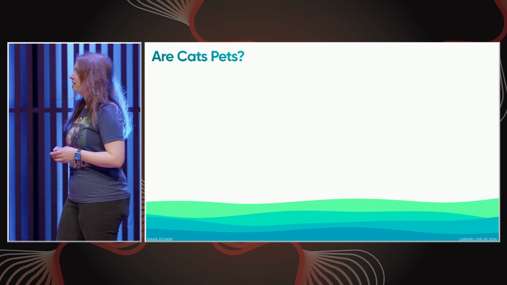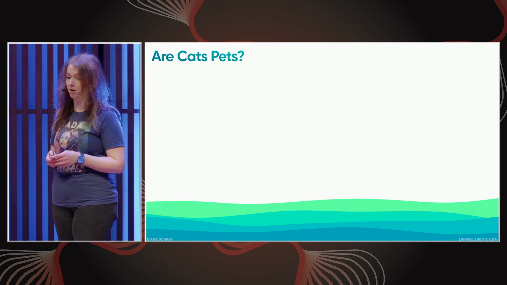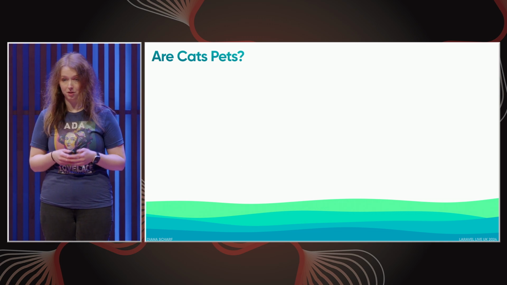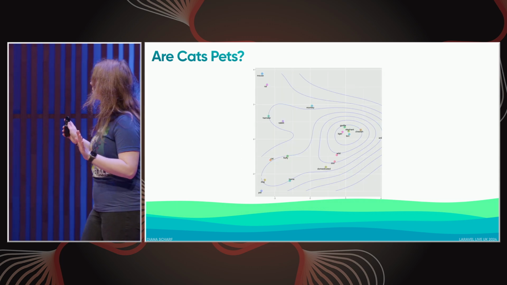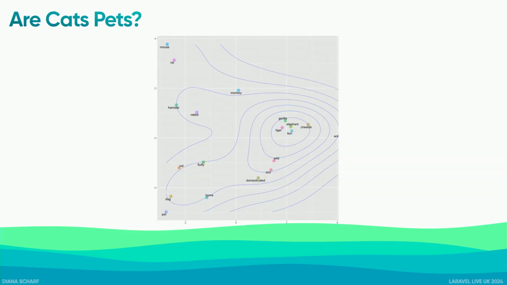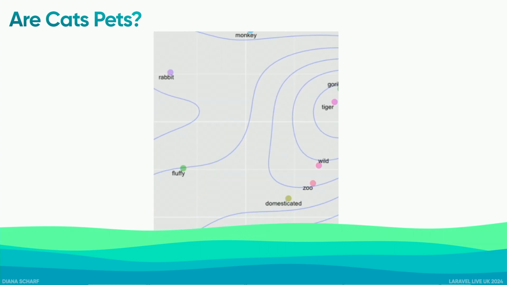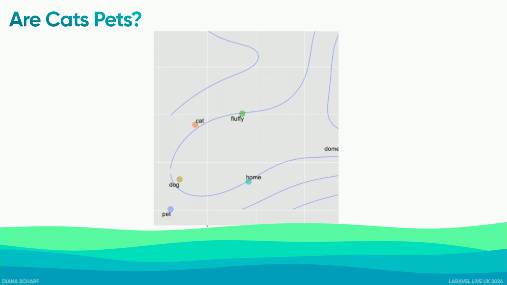Word vectors in the real world have more than 3 dimensions, because human context is a difficult thing. And this map, I will zoom in just a second, shows the context and relations of animals in 300 dimensions. So you cannot plot this in a coordinate system anymore. And if I zoom in here a bit, you see that in this corner is the word pet. Here is dog, pretty close to pet, because a dog is the pet. Evolution did the dog for us humans. And it is also close to home.